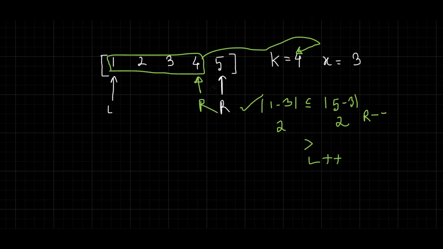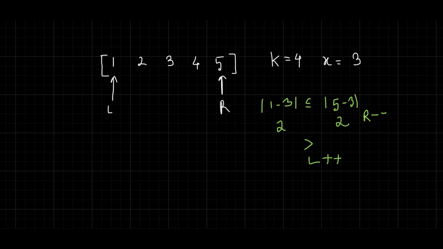That means in those cases, we have to simply consider this subarray. And by repetitively iterating the array, if the window size is equal to k, we will simply break the loop and return the array